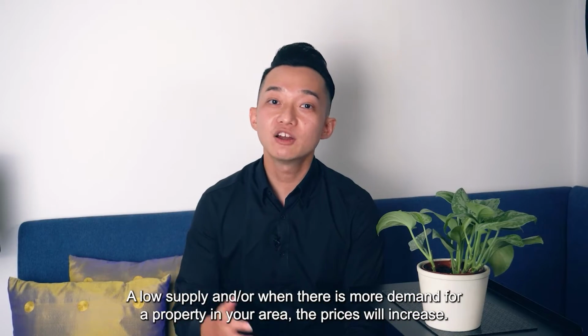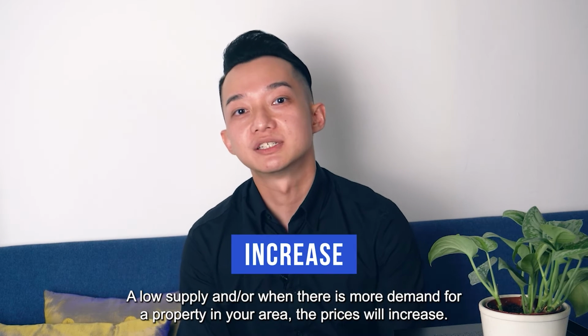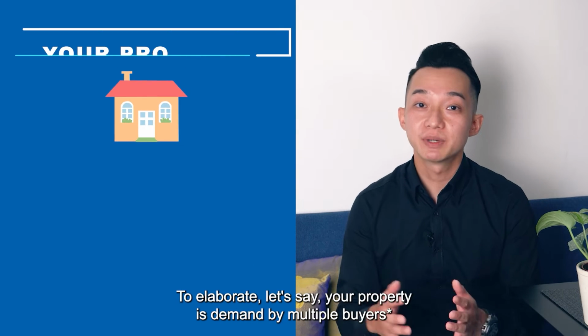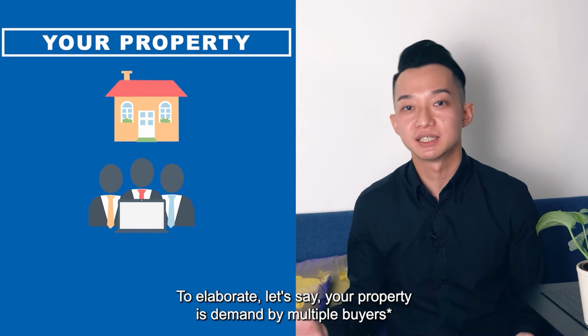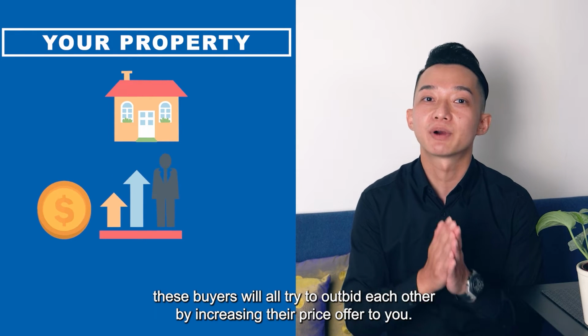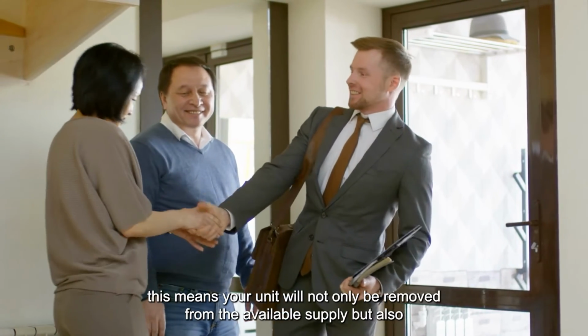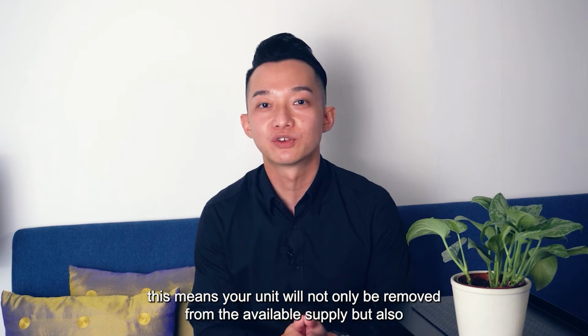With low supply and/or when there is a demand for the property in your area, the price will increase. To elaborate, let's say your property is demanded by multiple buyers. Those buyers will all try to outbid each other by increasing their price offer to you. And when you accept one of the offers, this means your unit will not only be removed from the available